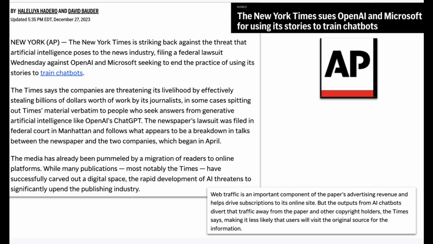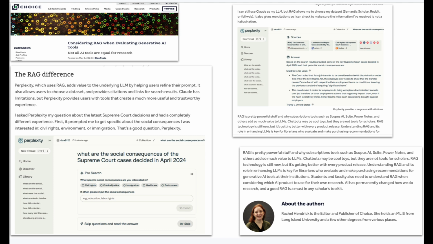We are also seeing issues relating to plagiarism. This New York Times case was out for quite a while. The New York Times was suggesting that AI was scraping its proprietary content, and at this moment, I don't know what the resolution was, but we are following the issues of intellectual property relating to large language models and proprietary content.